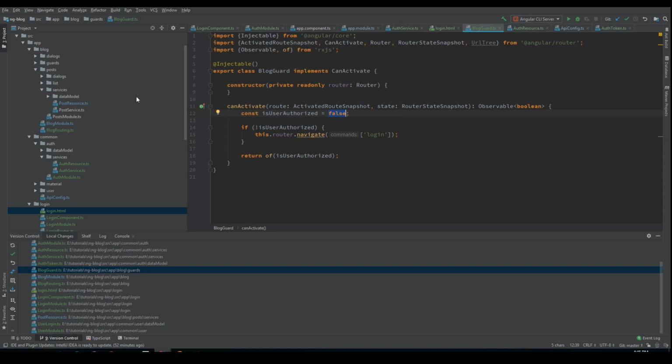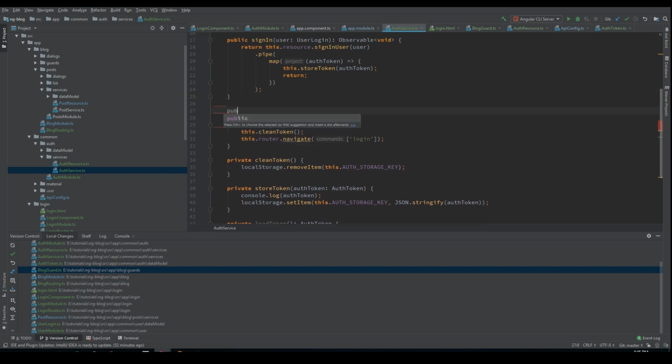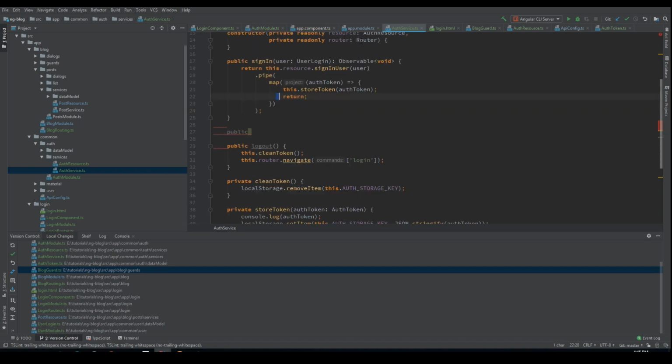So the easiest way for this tutorial is to check if we have a token inside our local storage. Now let's see if we have a method for that. We don't have. Let's just use public. Let's create a new method. I'm thinking